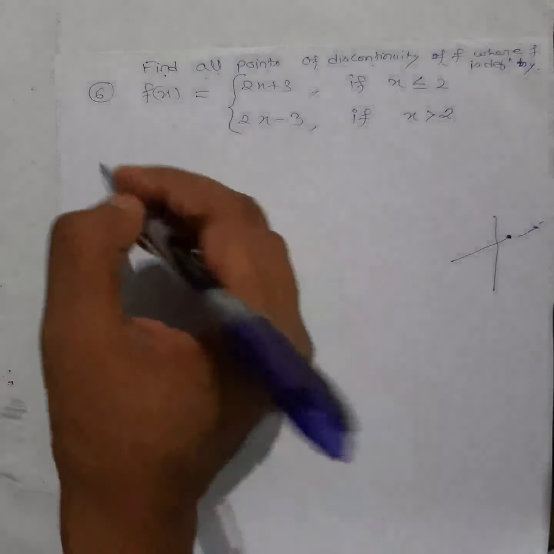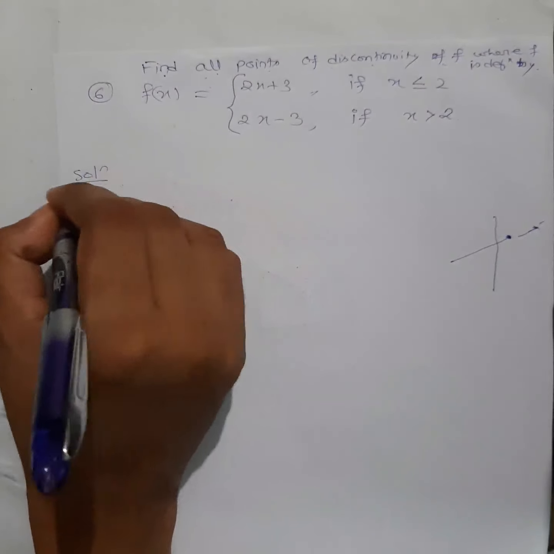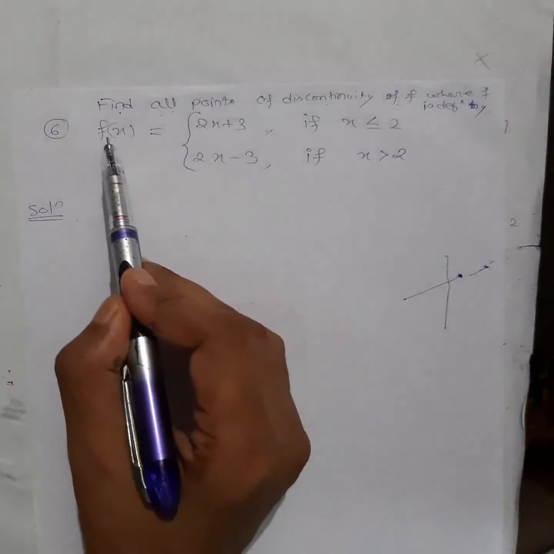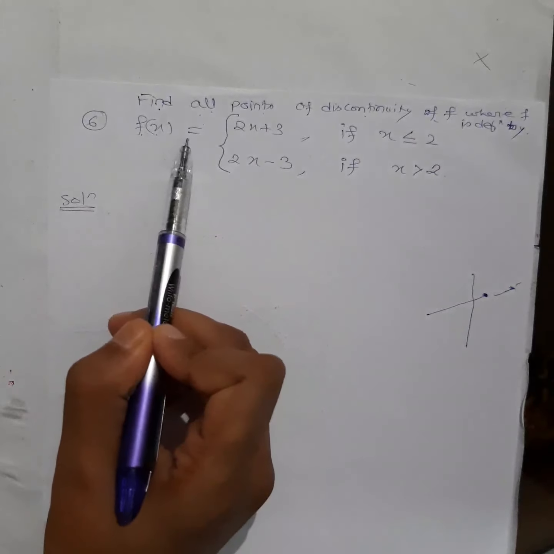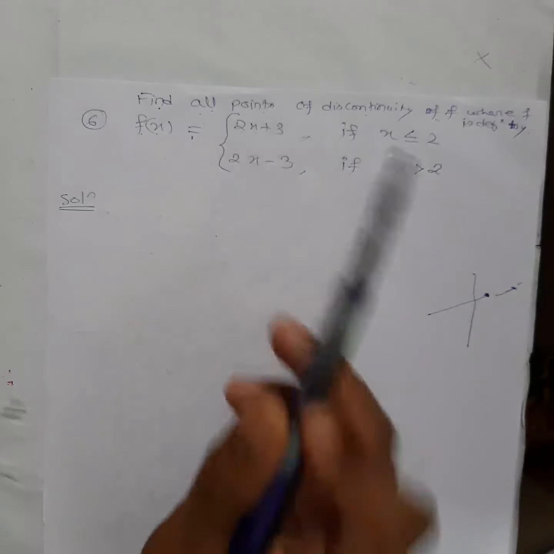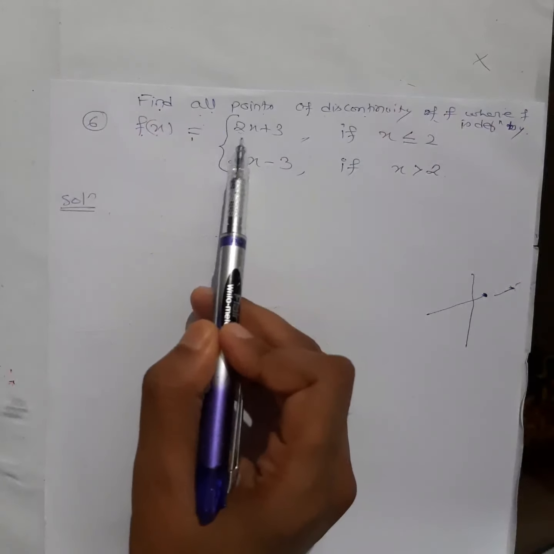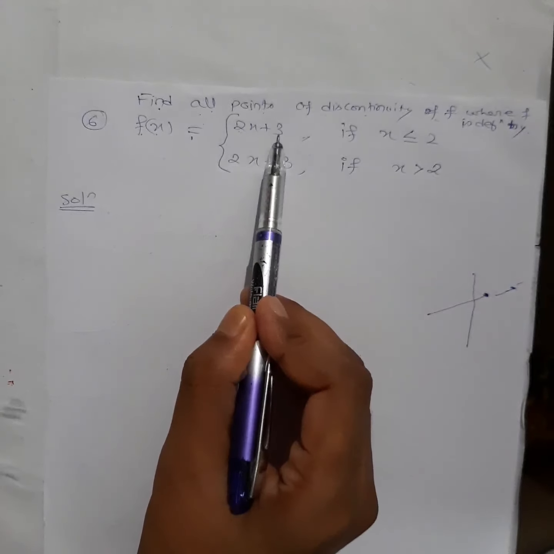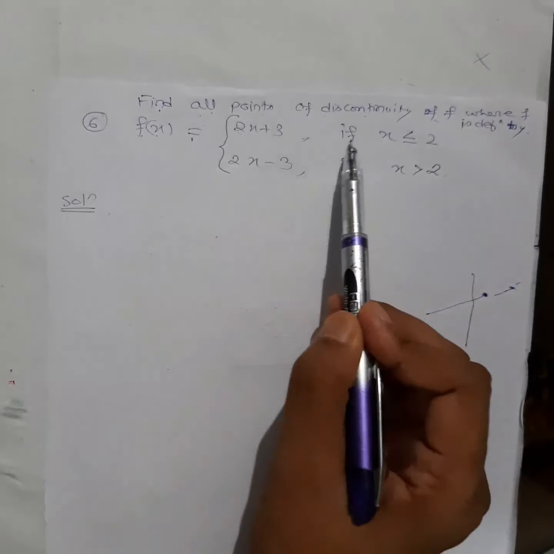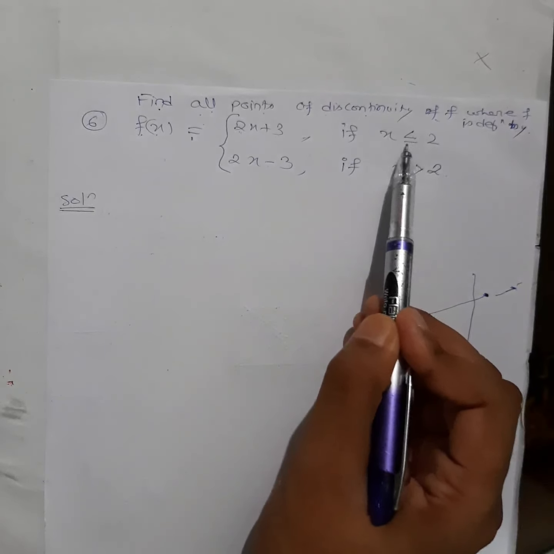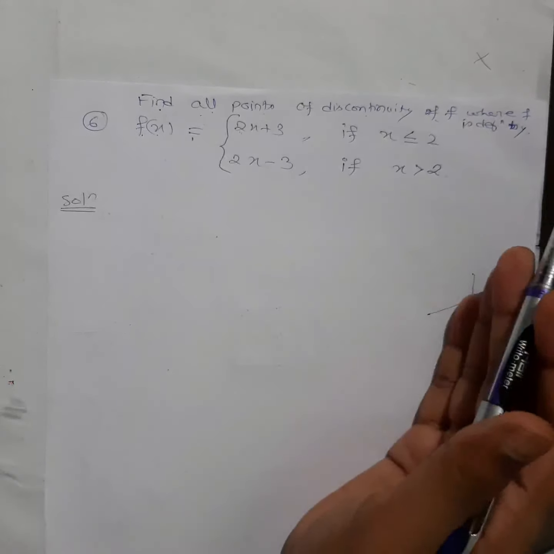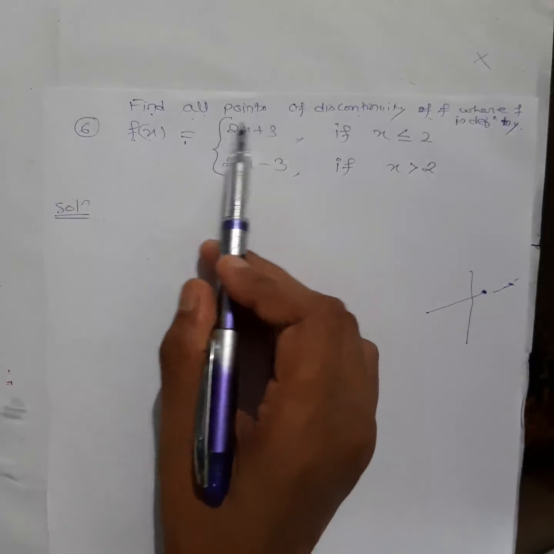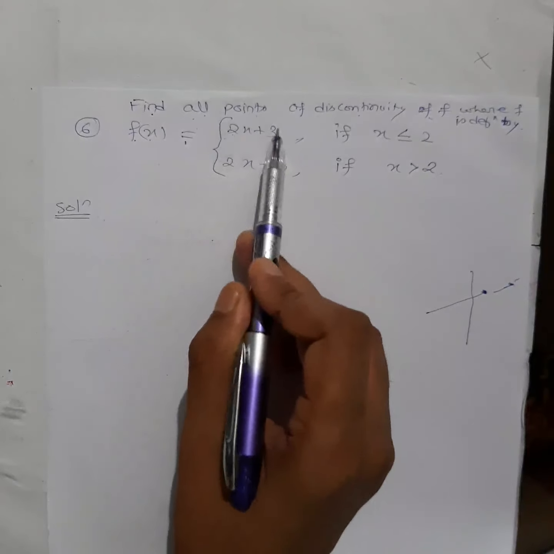Okay, so very simple question. See how we will solve. First thing, you have to use your logic here. See here, what is given: f(x) is equal to a double function, this one, right? Double definition. Remember, we have done double definition in class 11 also. f(x) is equal to 2x plus 3. This function you can use only for x less than or equal to 2. Whenever you take x less than or equal to 2, meaning less than 2 and equal to 2, you can use this function. Okay, what will this represent?